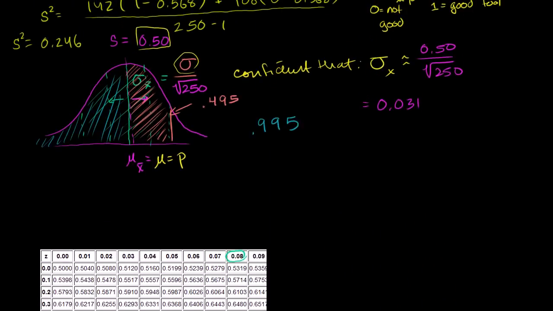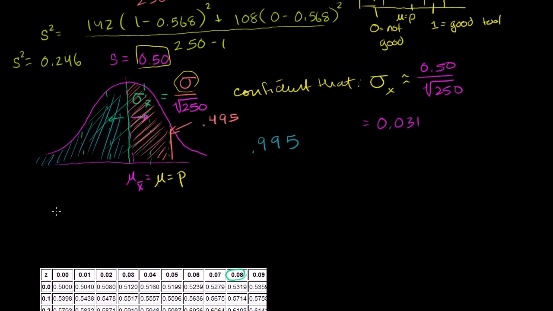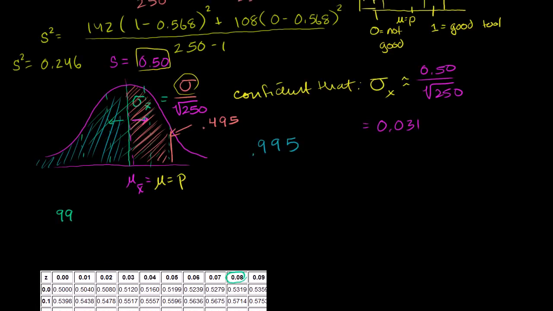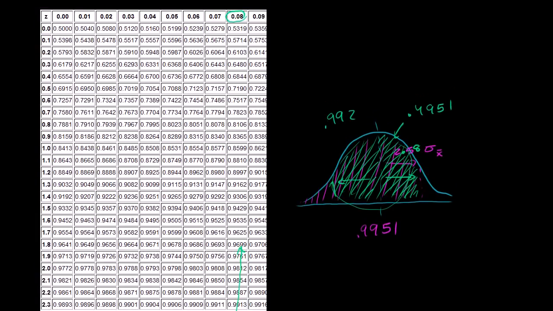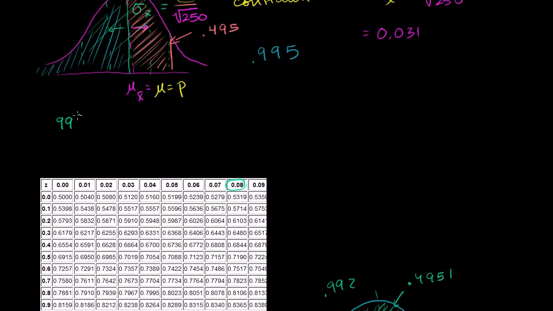So let me put it this way. It's actually what, a 99.2% chance, right? If you multiply this times 2, you get 0.99. Actually, you get 0.9902. So we'll say roughly a 99% chance that a random sample mean is within